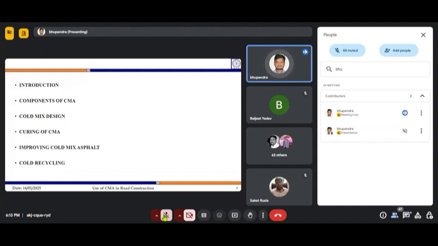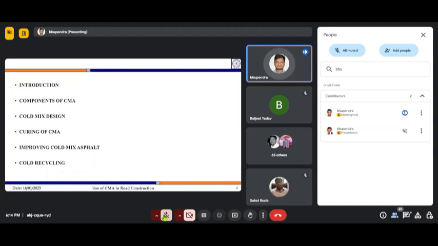It is basically the mix design of cold mix asphalt, and it is a little bit different from the conventional mix design that you do for bituminous mixtures. We'll be seeing how it is different, what the different parameters associated with it are, and how we calculate them. Then we'll be coming to the curing of cold mix asphalt.